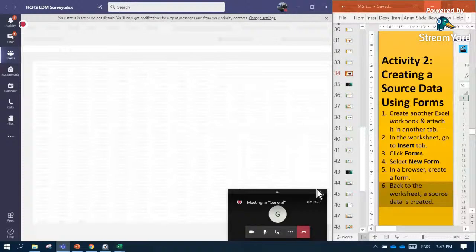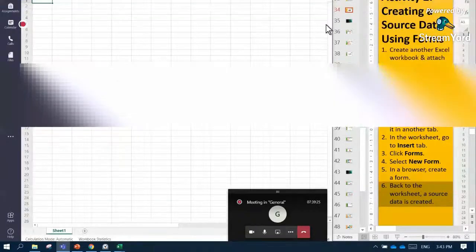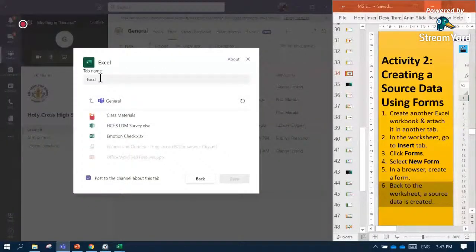Once you are done, you can close this and add a tab for easy access. You click Excel, name the tab into HCHS LDM survey.